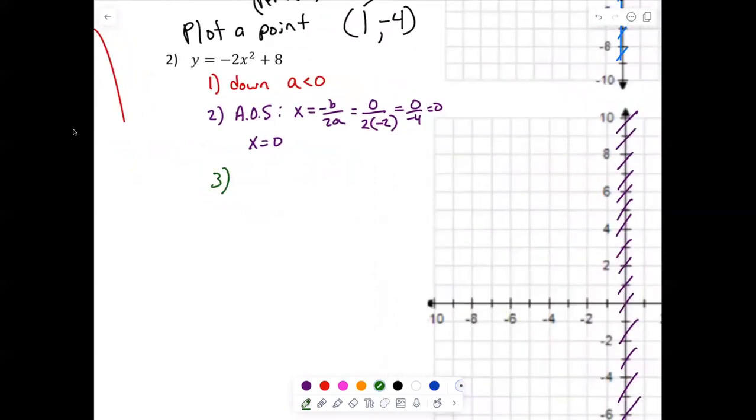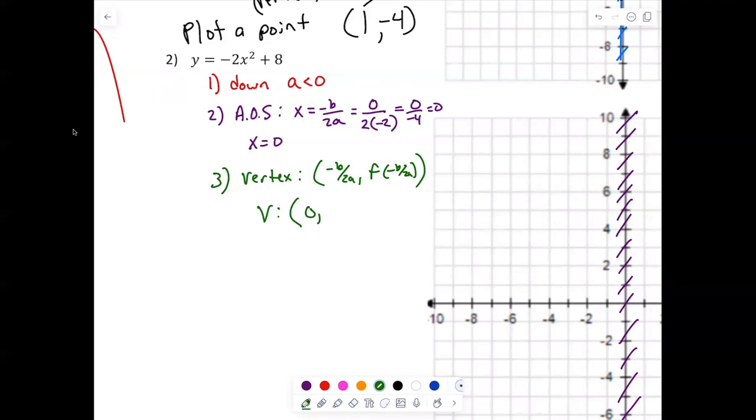Question number 3. After I find the axis of symmetry, I need to figure out where the vertex is located. The vertex, everybody should be writing: vertex is negative b over 2a, comma, f of negative b over 2a, which is just a fancy way of saying plug the value that you got in number 2 into the equation. So my vertex,